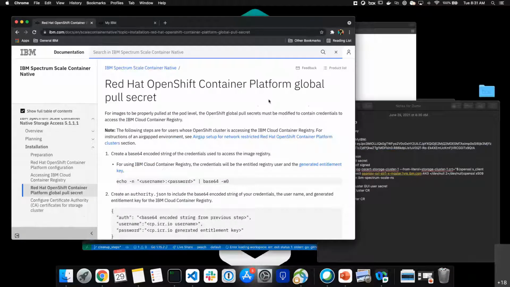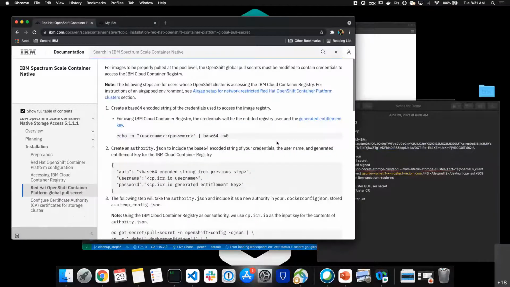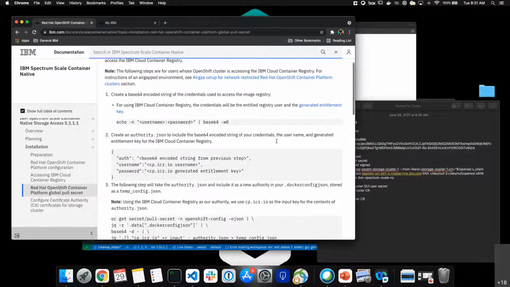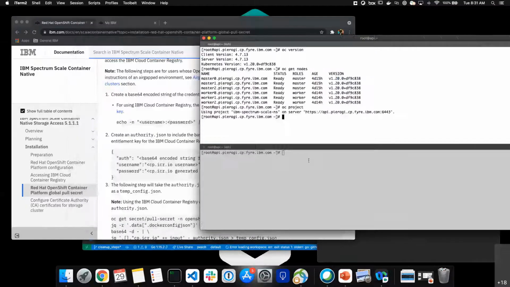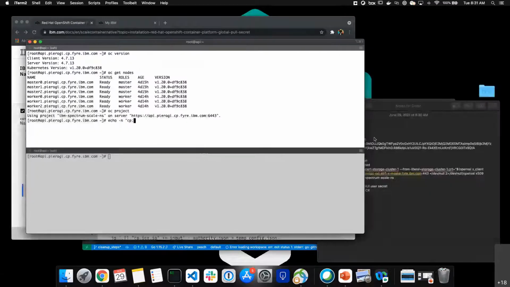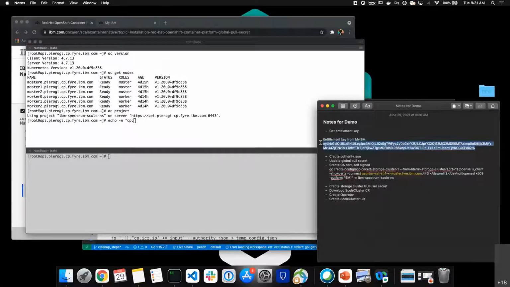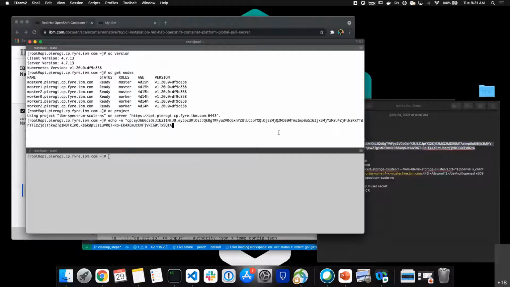The next thing we're going to do is create that global pull secret so we can access our container registry. So we're going to walk through these steps together. So let's go here and do an echo -n. Remember our user ID, even though we logged in with our IBM ID, the user ID to access your container images on IBM Cloud Container Registry is CP. So CP: and then copy that entitlement key here,